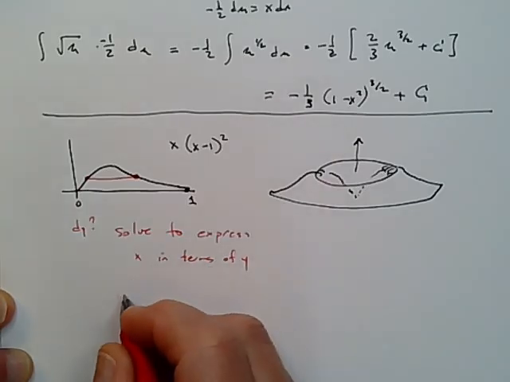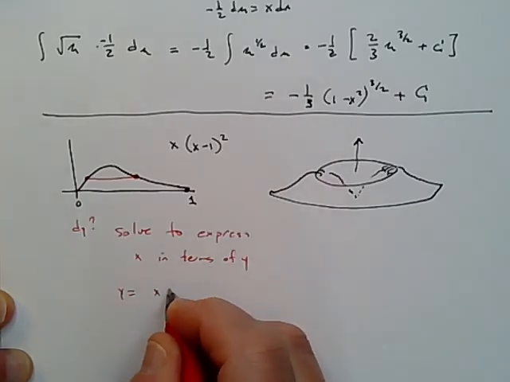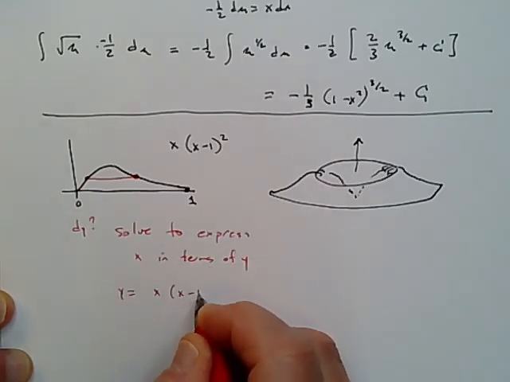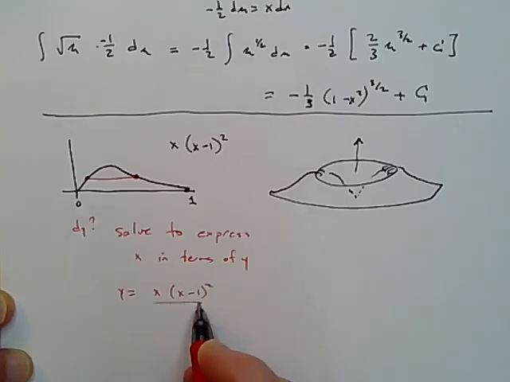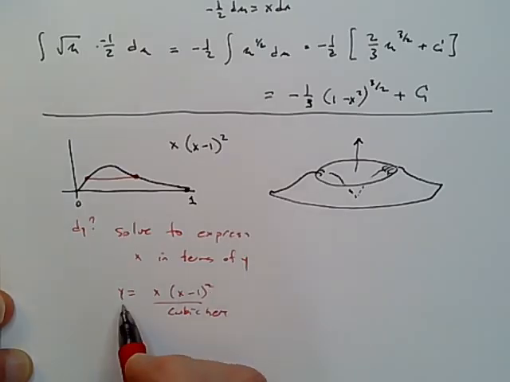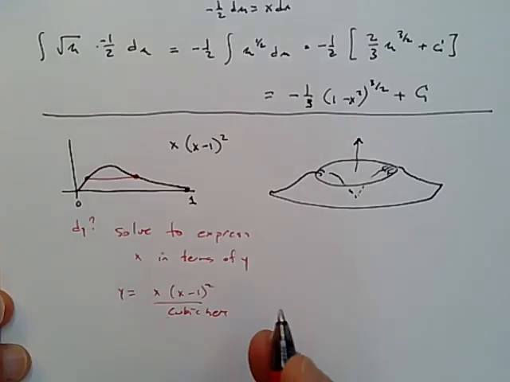So I'm looking at y equals x times x minus 1 squared, and this is going to be a cubic. So I have to solve a cubic to get x as an expression of y, and that's going to be hard. Sometimes you just look and say, well, I can see the answer, but it looks awkward. So instead, if we do shells,